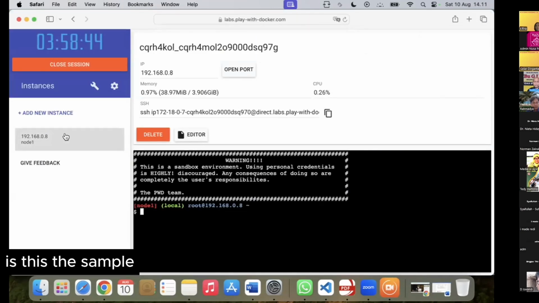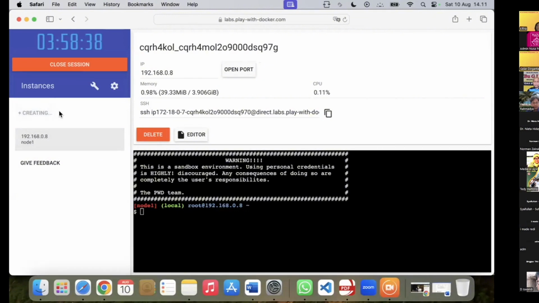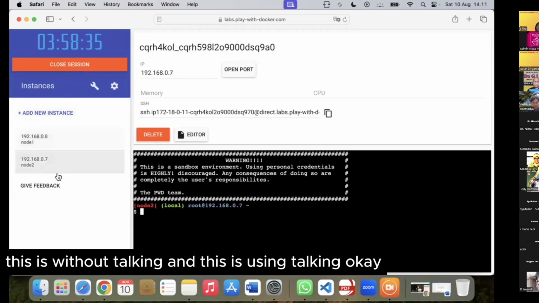This is the sample without token. This is without token, and this is using token.